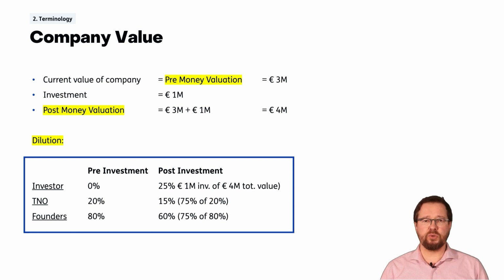In this example, we take a typical 80 to 20% division between the founders and T&O before the investment. Then after the 1 million investment, this becomes 25% for the investors, as the investor is responsible for 1 million out of 4 million. The other shareholders dilute this 25% of their previous share, ending up with respectively 15 and